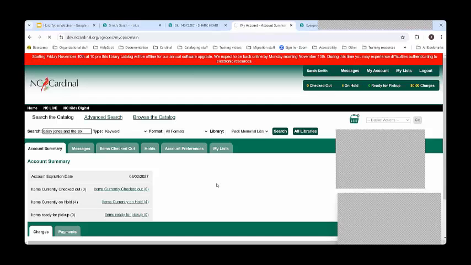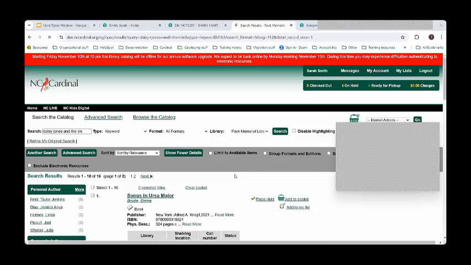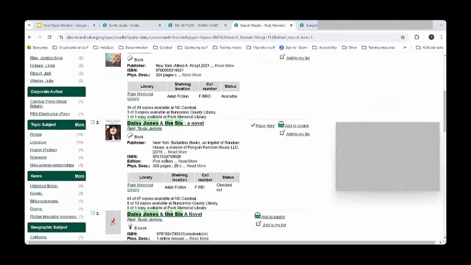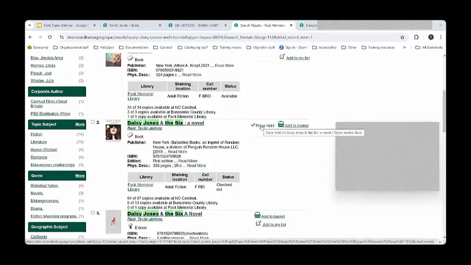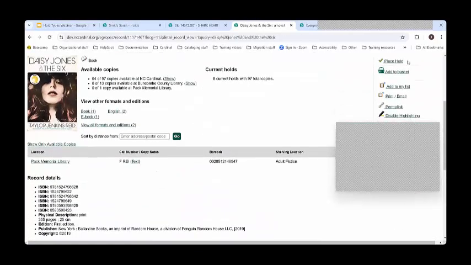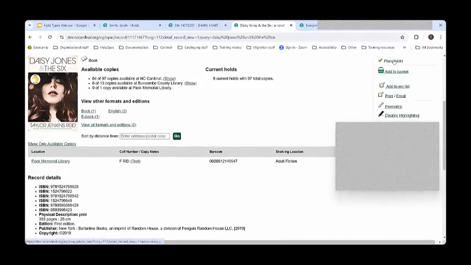It may take a moment to search. All right, and so once I've found the item that I'd like to place, I can just click the place hold button, or I can go into the record itself within the OPAC, and I can place hold over here on the right side. Either way, I'm going to get to the same interface